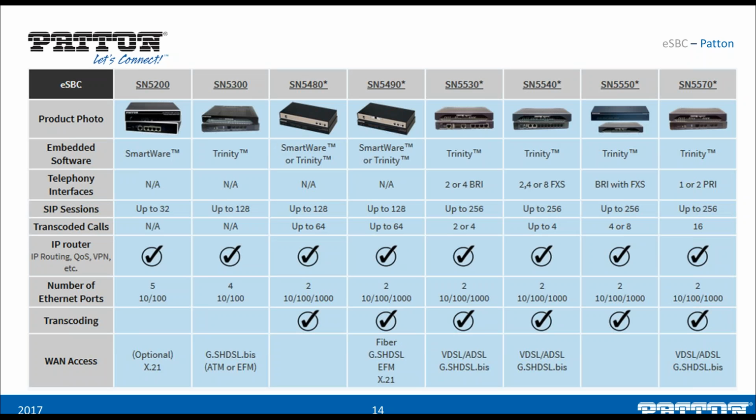Now just to give you a brief idea about the Patton portfolio of products which we have. We have the SN5200, which is based on our old Smartware operating system. We have the current operating system, Trinity, on which we have the SN5300. Now this is basically just an ESBC. Then we have the SN5480, which does offer transcoding, and the 5490, which offers additional fiber and EFM